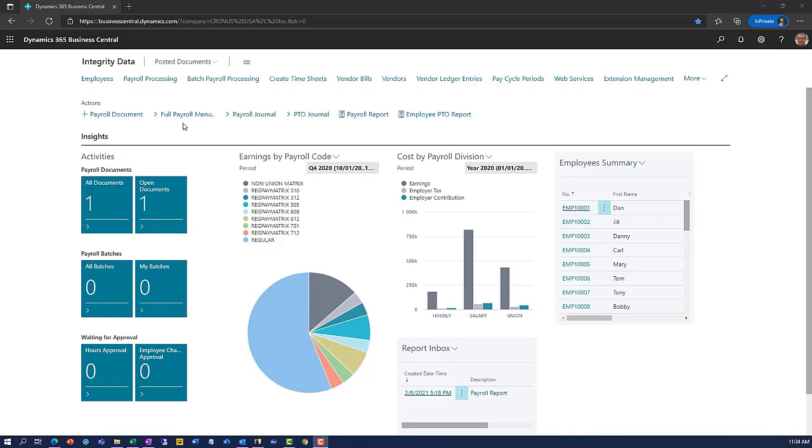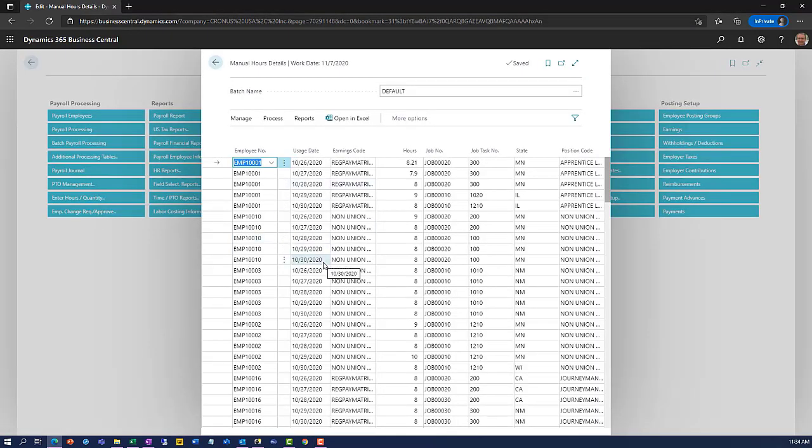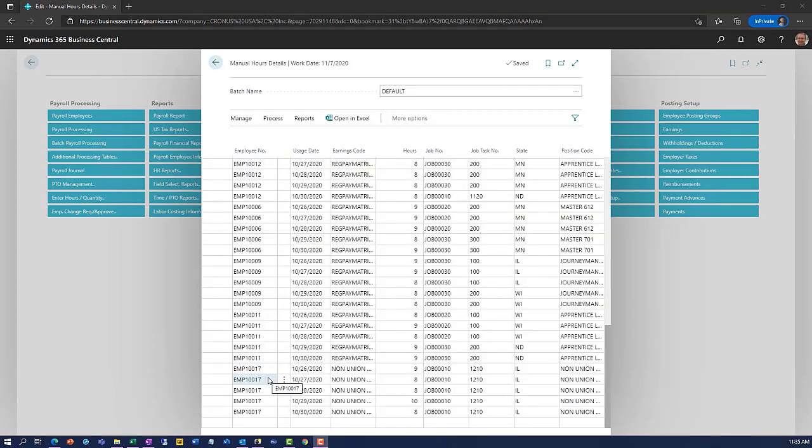Keep in mind, there are several options to enter time into Payroll Now. Examples are to bring in hours through entering hours in hours detail and entering hours right here. Again, the time has already been brought across here through an API. So rather than this coming through an API, we could also enter hours by adding new records to this, or cutting and pasting from an Excel template. Or we can also bring time over from the timesheets in the jobs module